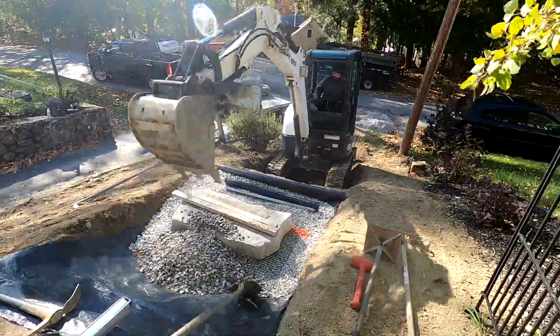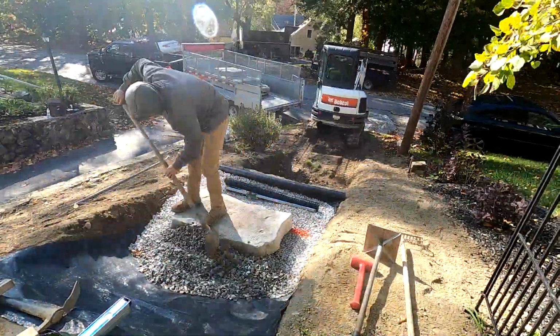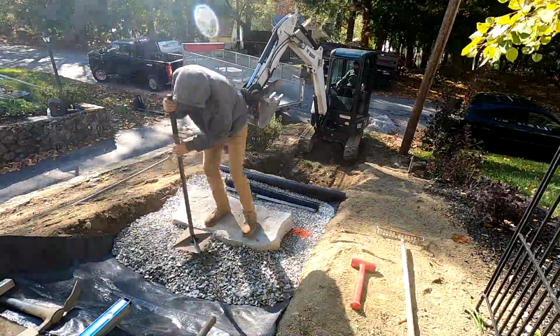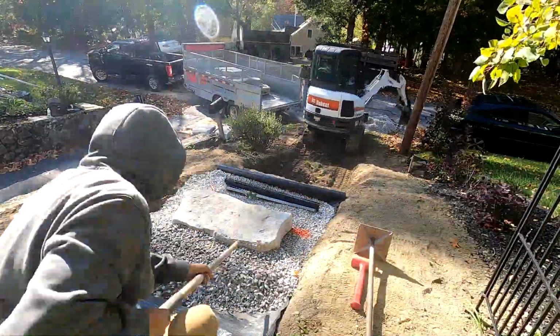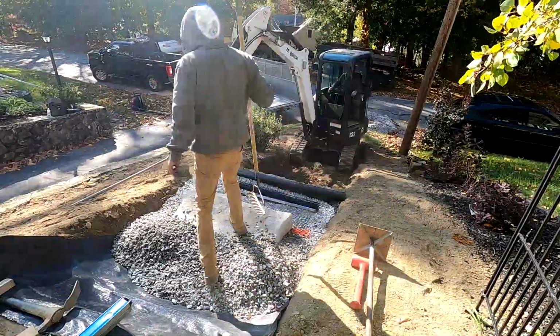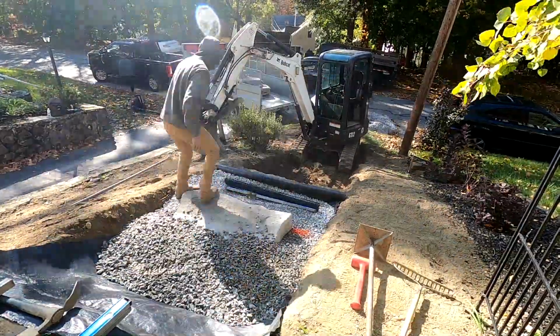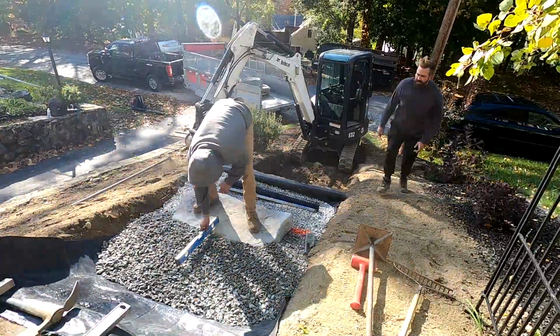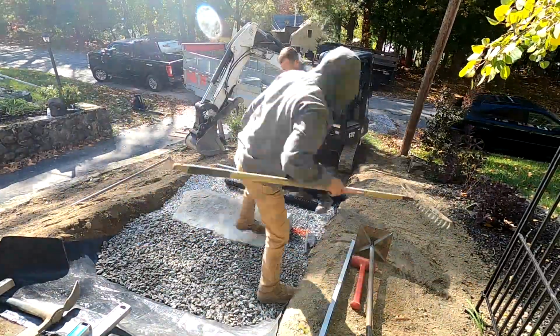So honestly, I thought I had a camera going when we set that first step in, but I realized I didn't. So sorry about that, but you saw how I prepped the base for it, and then I laid that stone on a piece of geogrid. So now we're going to backfill with the same 3/4 stone up to about 2/3 of the way behind the stone, compact it,